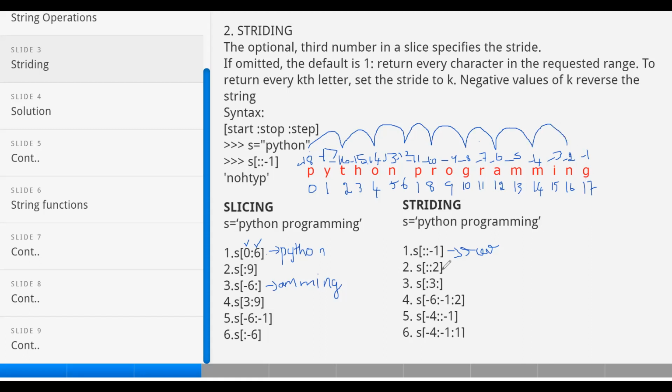So this is your value. Okay. So P, T, O, space, R, G, A, M, N.